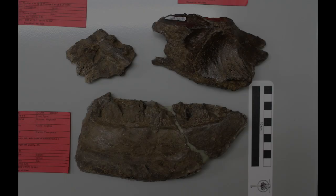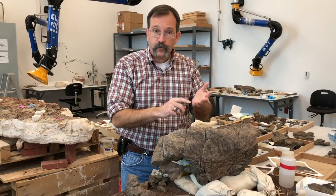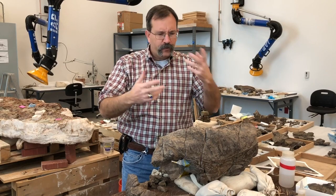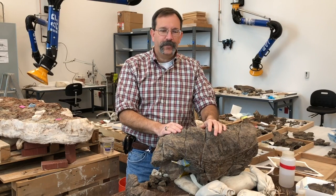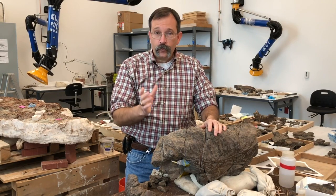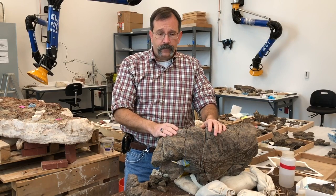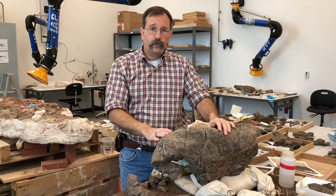And after going through the process of trying to say, well, is it Tyrannosaurus rex? Well, no, it's the wrong age, it's too small. Is it Daspletosaurus? No, that's not it. Is it this one? Is it Albertosaurus? Is it Gorgosaurus or Albertosaurus libratus? We exhausted all the possibilities of whether or not these Tyrannosaur pieces could be assigned to a known Tyrannosaur, and they couldn't be. So, a few years ago, we anointed a new Tyrannosaur that lived on the north slope of Alaska,